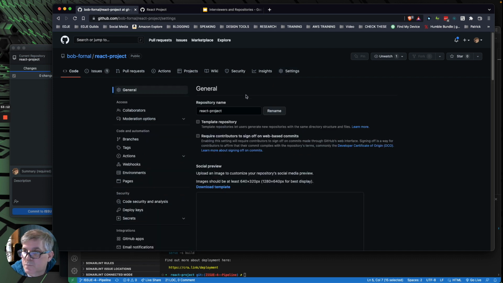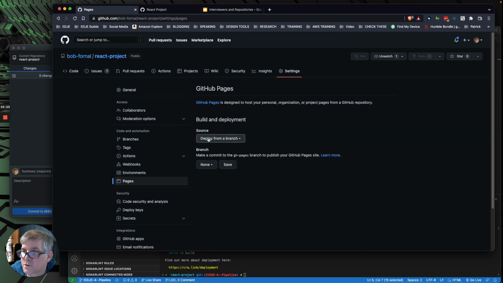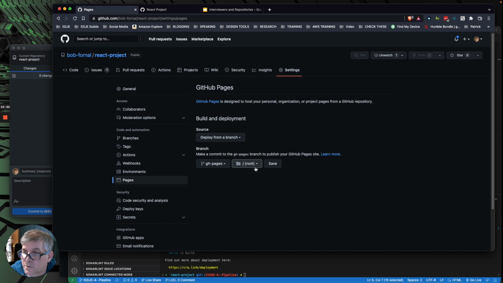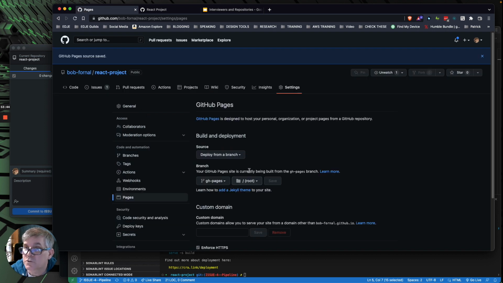Okay, so we come into pages. I know what this is. I don't know why I'm looking it up. I just want to make sure I'm at the right step. Deploy from a branch. We tell it which branch. We want to deploy it from GitHub Pages, the root of GitHub Pages. And if you could, Angular does a dist folder with the name of the project, so you can change which folder inside that here. And we save.